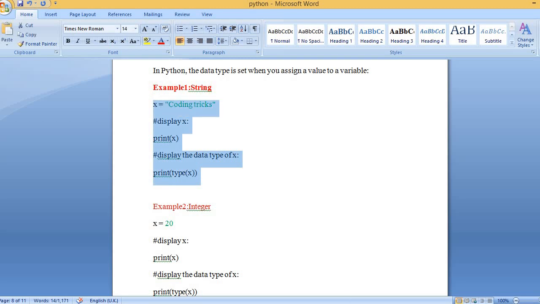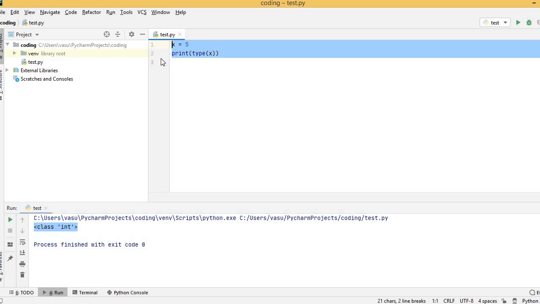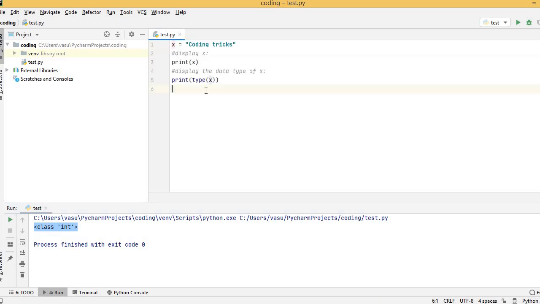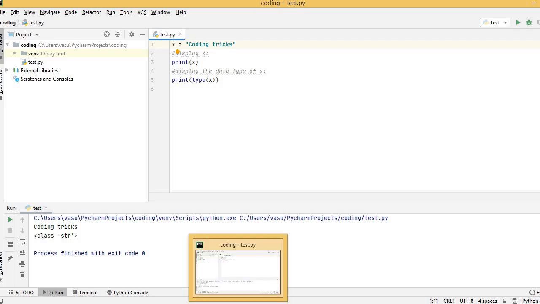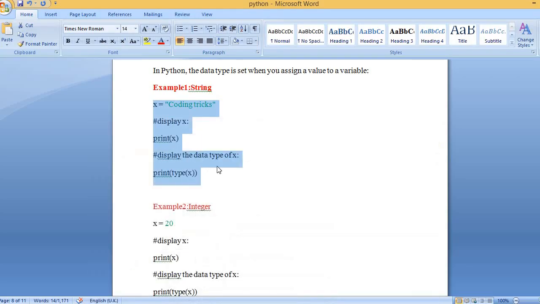Let me run this. Yes, here it is. I asked for print x, so it is coding tricks, and I asked for type of x, so it is string. The class is of string type. So this is how you declare string values.